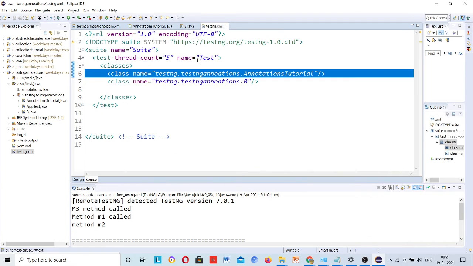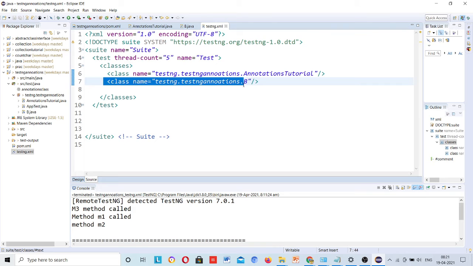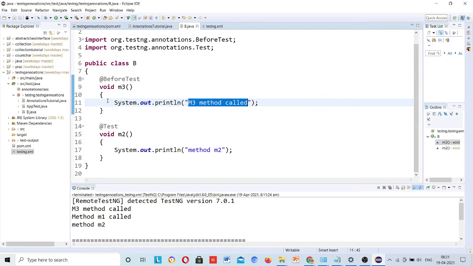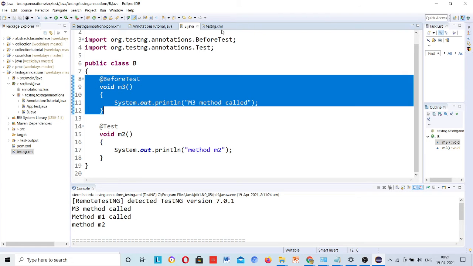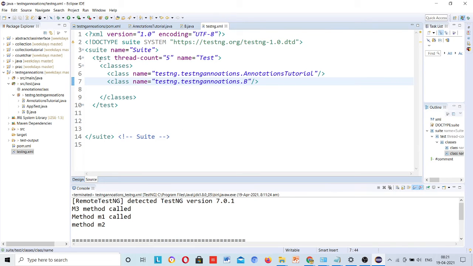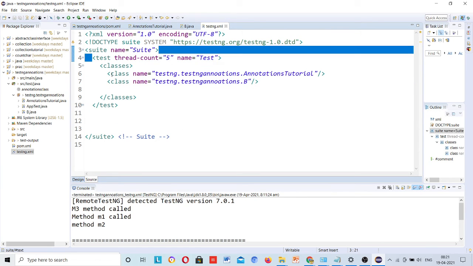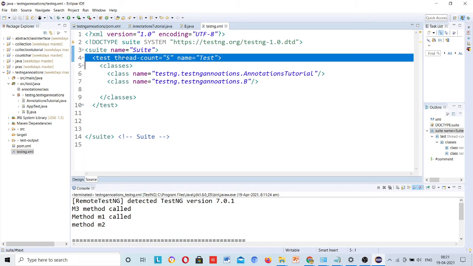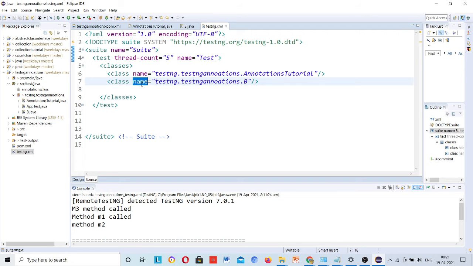And then it will come to this class, class B. Entering inside class B, it will check whether any at-the-rate before class is present. It will not check for before test, so don't be confused, because that was already checked here. Now it is inside classes, so it will check for before class only.